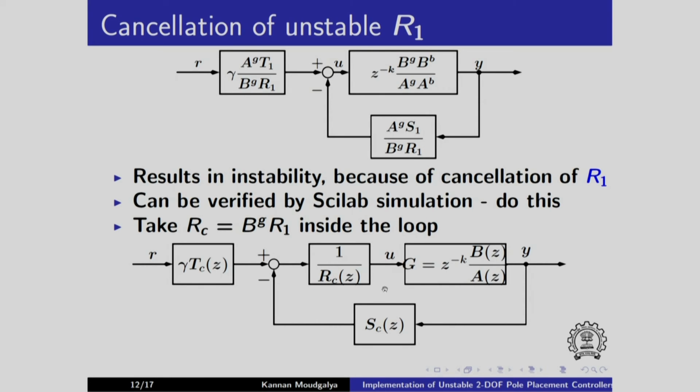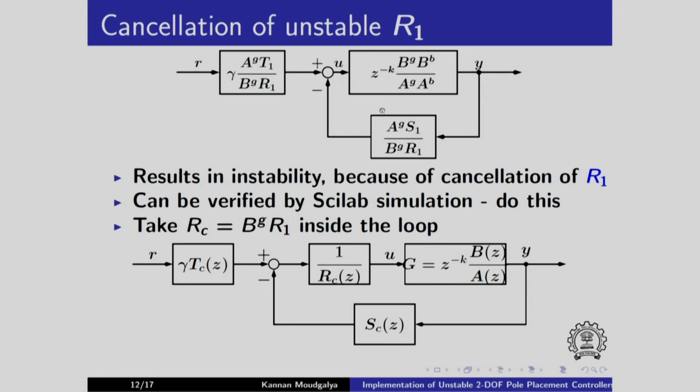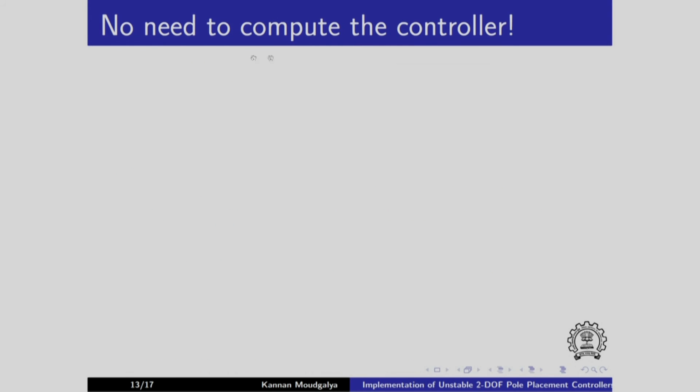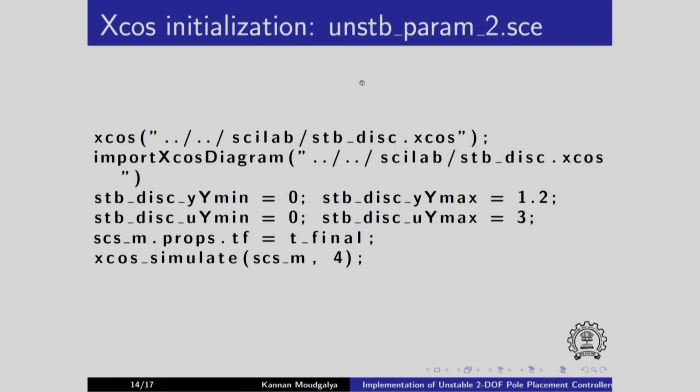Remember, however, we are not talking about calculating the controller at all. Whatever controller that we calculated earlier is okay. It is just that the way we have simulated is not okay. So I am proposing that we have RC inside the loop. So we can verify that we get stable response. As I mentioned earlier, there is no need to compute the controller at all. Here is the XCOS code I have used,